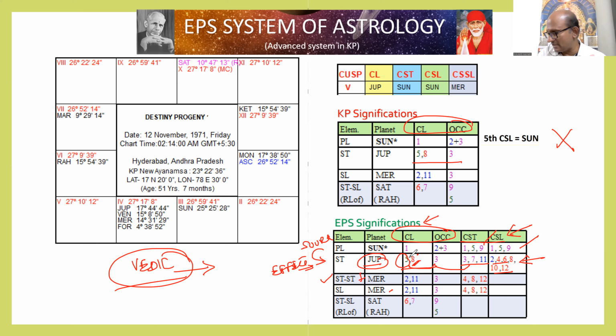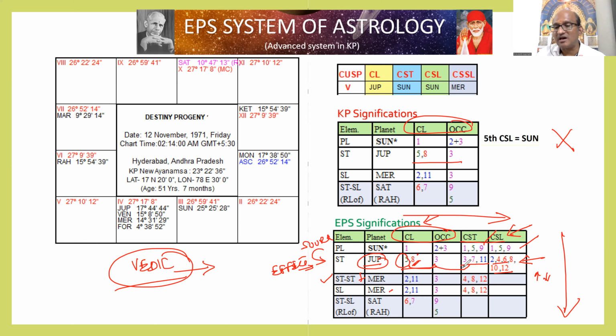Now, whether the star lord or the star lord of the star lord is favoring the favorable houses or further supporting the unfavorable, whether it is increasing or decreasing the strength of the star lord, we have to study. It means in EPS, I said we have to study left to right and top to down. What planet is signifying, whether that planet's significations are further increased by the star lord or decreased by the star lord.